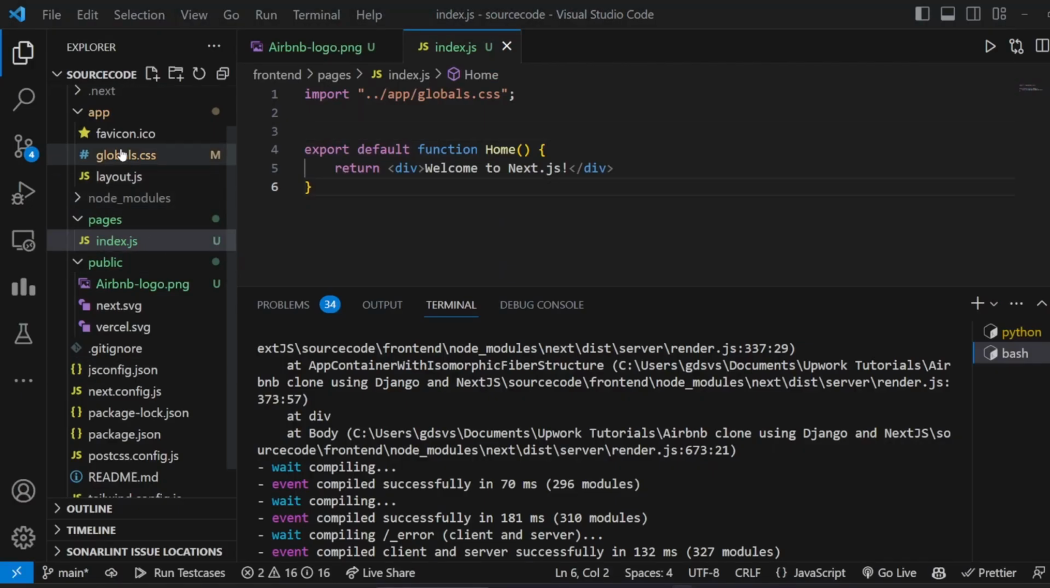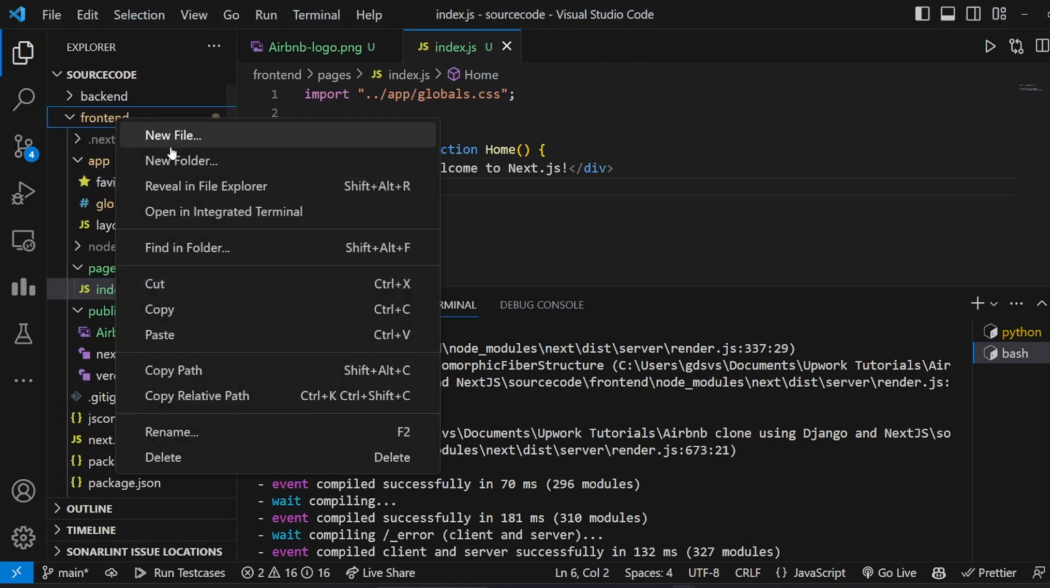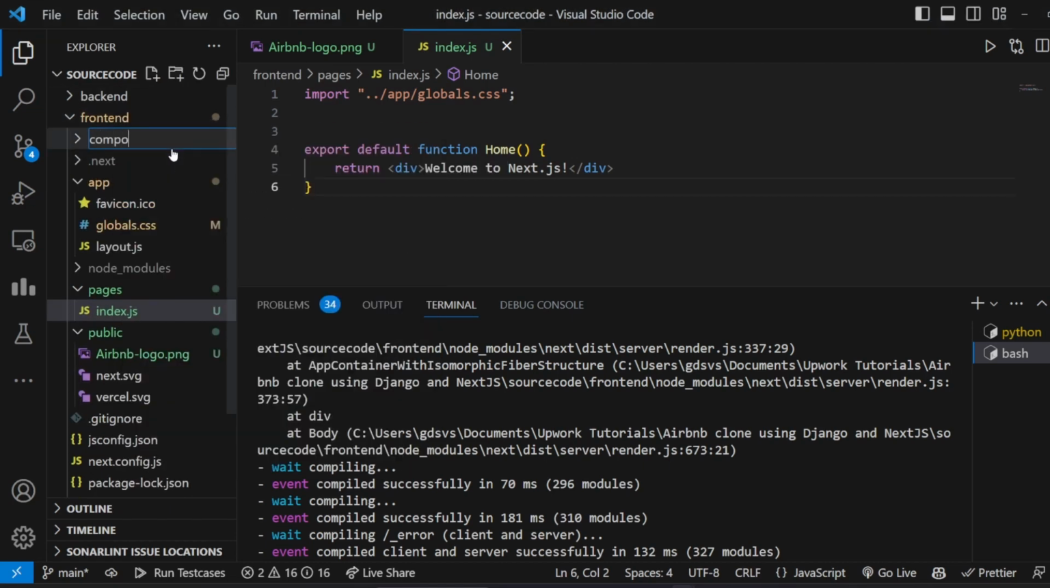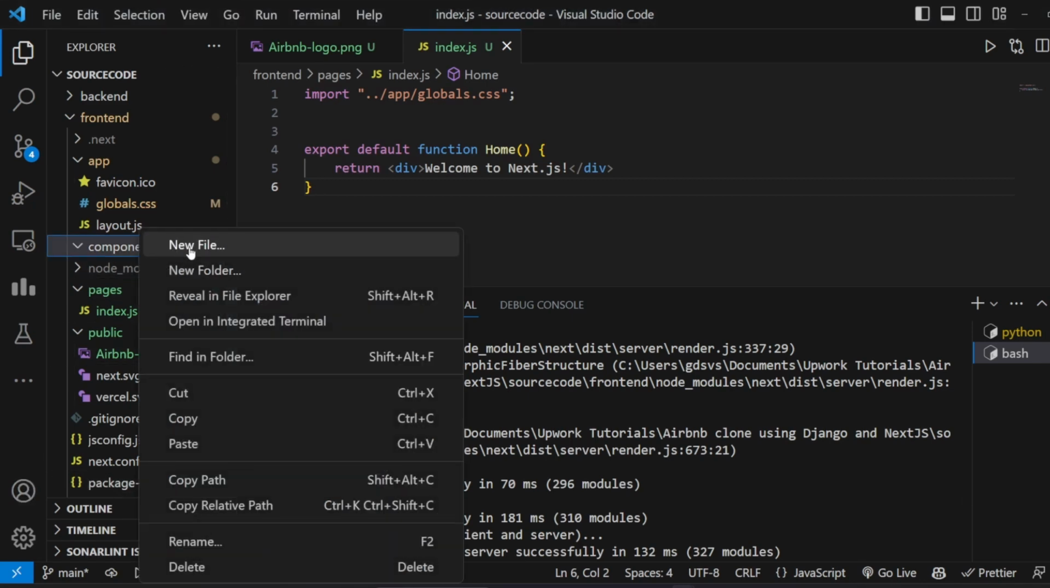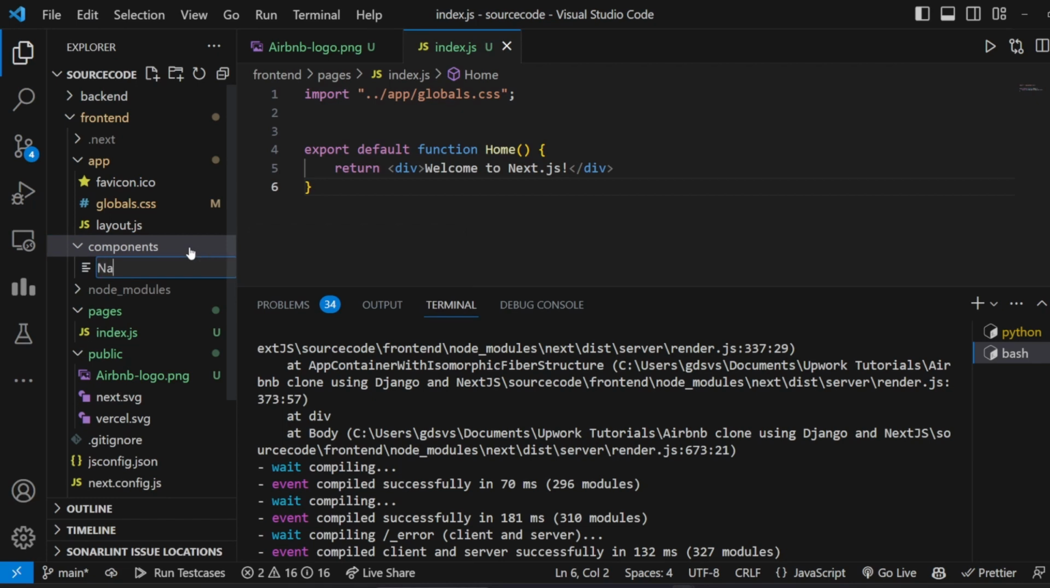So first we need to create a folder inside front end components, because we will be defining all the components here, and we will call the components inside the pages. So inside components, we need one component for navbar.js, and